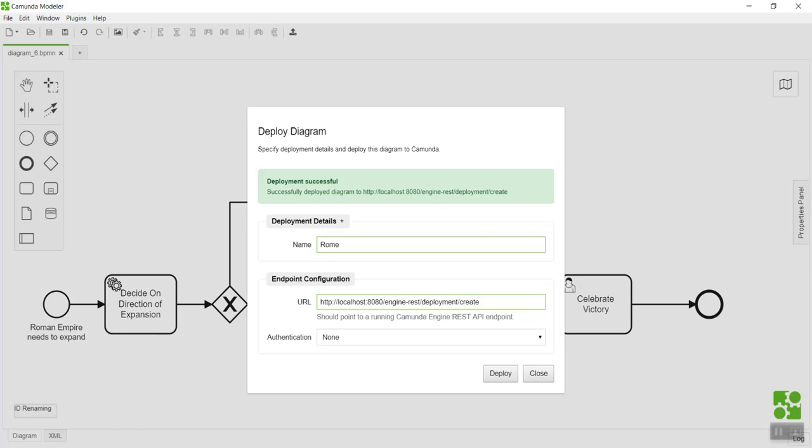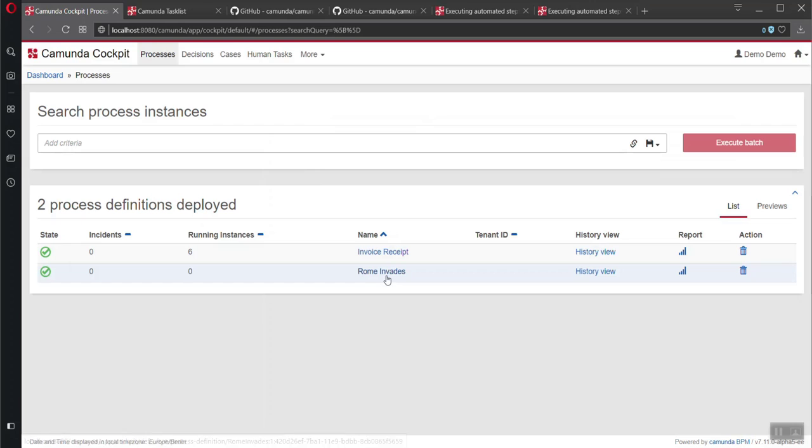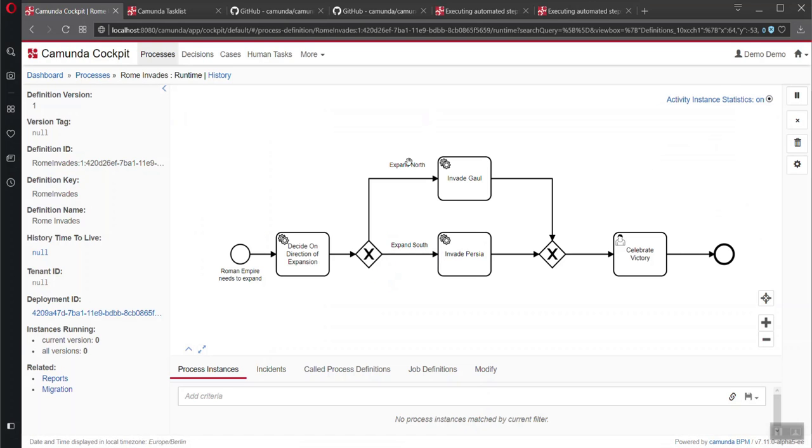And if I then open up my cockpit and refresh, I should then be able to see, oh, there I am, my process has been deployed, and now I have the ability to start it. Right now there's nothing happening in it, it's just this image. If I want to start it, and in this case I'll do it through the user interface, I'm going to go up to the little house up here and select task list.